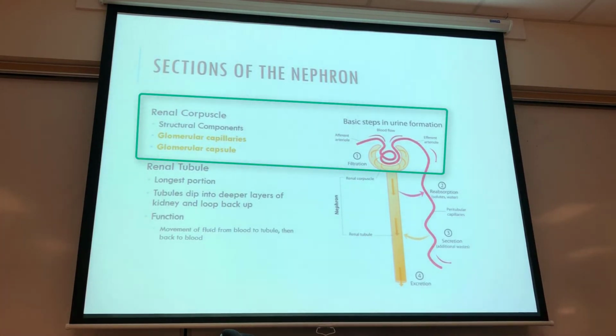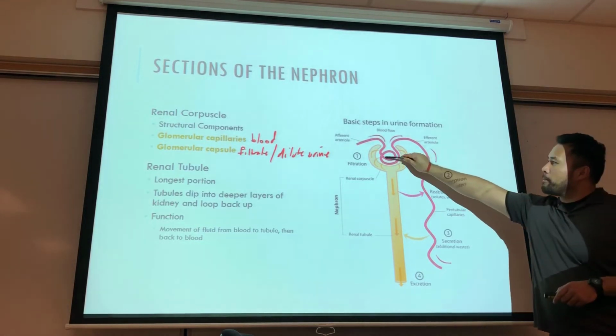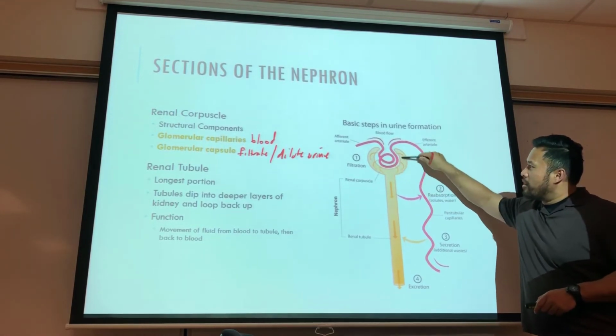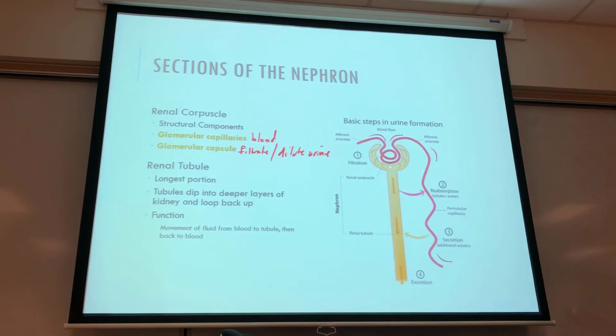So the renal corpuscle, we'll be able to look at the main components of the corpuscle. We have our glomerular capillaries, which are going to contain the blood. And the glomerular capsule, which will contain our filtrate, which is going to be our dilute urine. It's what we first start off with. So we have to understand the interface between these two for the process of filtration, where we're going to have fluid escape the glomerular capillaries, and all the stuff that was filtered out of the capillaries is present as filtrate. That filtrate is going to move down the tubule,